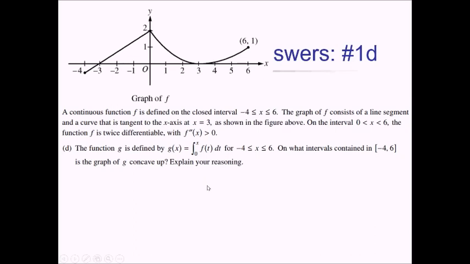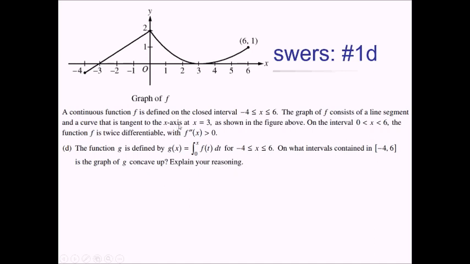For this last problem part, they're defining the function g as the integral from 0 to x of f of t dt on the interval from -4 to 6. We want to know on what intervals in that interval the graph of g is concave up. Okay, so this is one where they gave you some information in the problem that was actually kind of misleading,